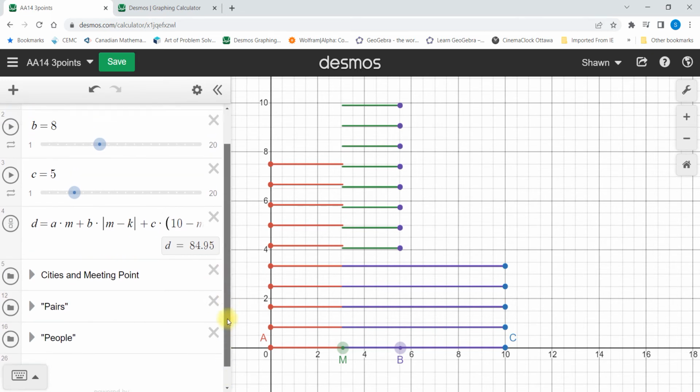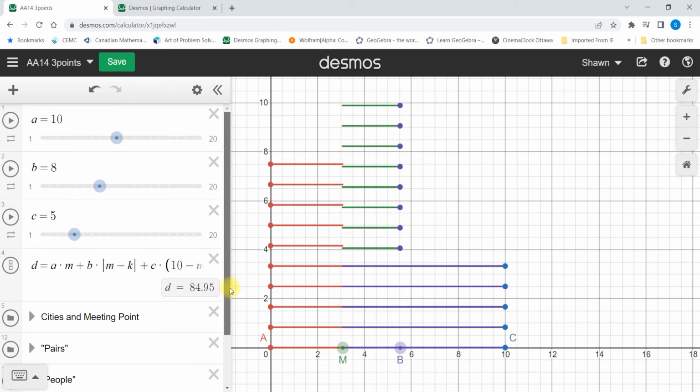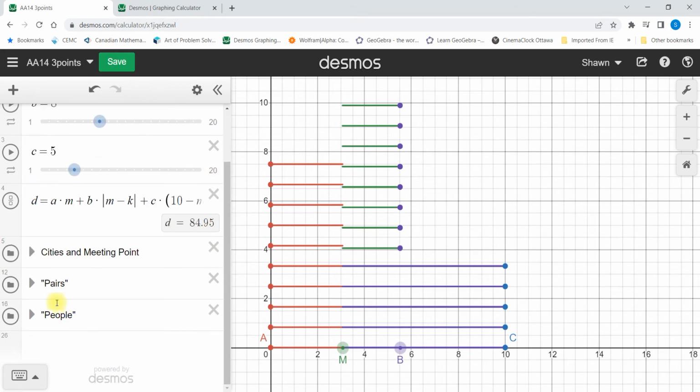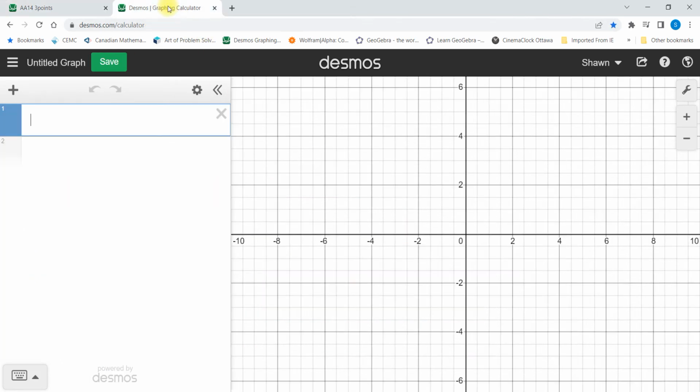A couple of things that are going to be important, that if you haven't seen them, I'll show you how to do at the beginning. And that is this idea of a slider, which we've used three of them here, and the idea of folders to help sort of keep our sketches clean and easy to use. So if we open up a clean version of this,